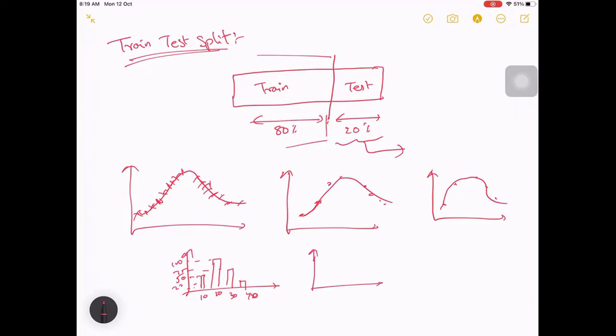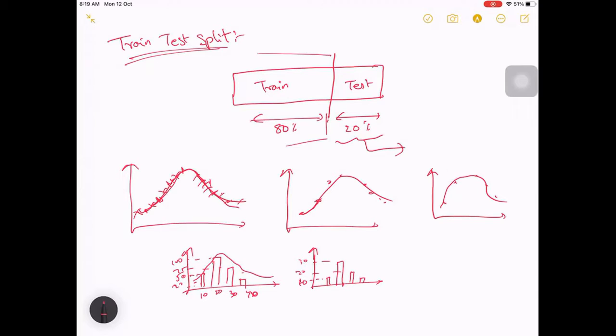The numbers won't be the same, but the ratios would be almost similar. Instead of 25, you'll get maybe 10, this will be 20, this will be 30 or something like that. The ratio will be similar to how it is here. We are actually representing the top portion of it, which is this distribution. So if you select randomly, even your dataset will be similar. Okay, this part is clear to us, let us say.